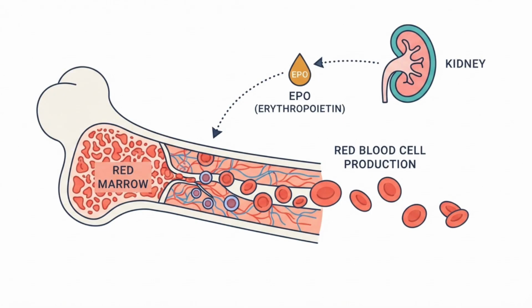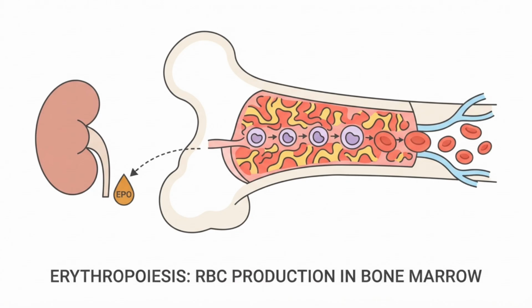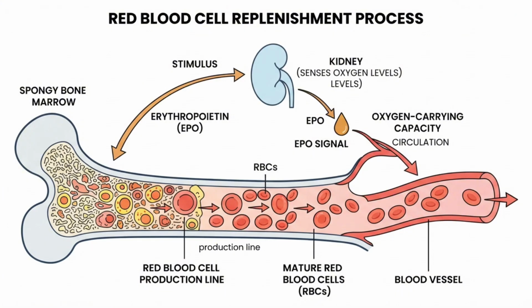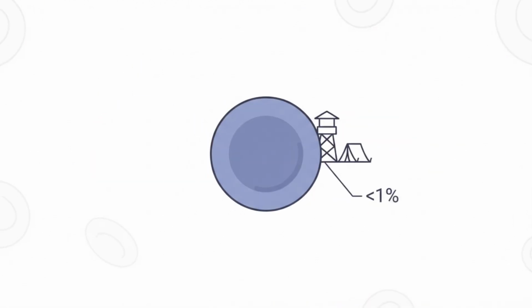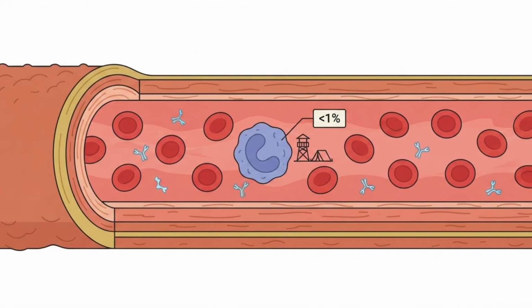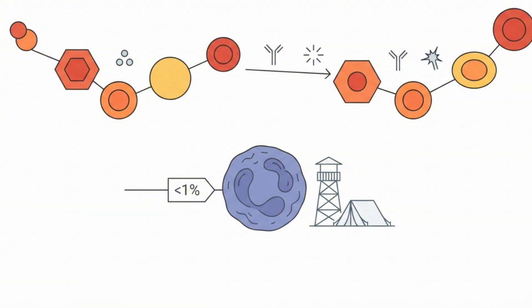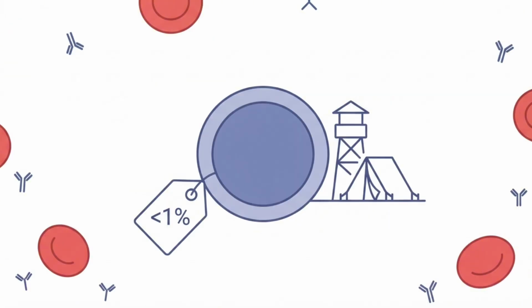White blood cells. White blood cells, called leukocytes, are the immune system's active defense force, and although they make up less than 1% of total blood volume, that thin sliver includes several distinct cell types, each trained for a different kind of threat. Picture a military garrison stationed throughout the body, with different units assigned to different jobs. Some patrol constantly, some rush to the scene of an injury within minutes, and some remember old enemies for decades